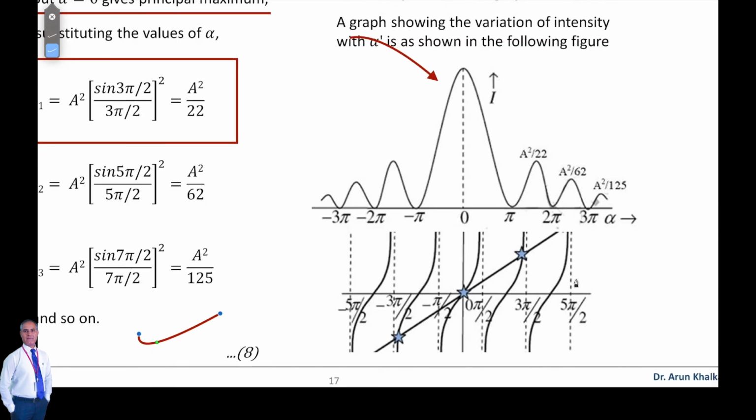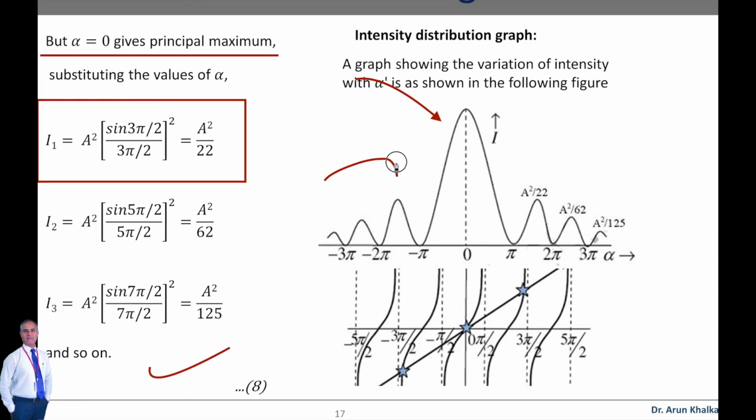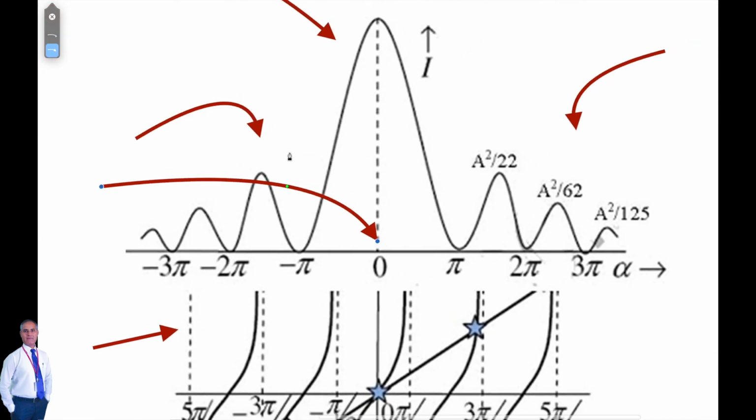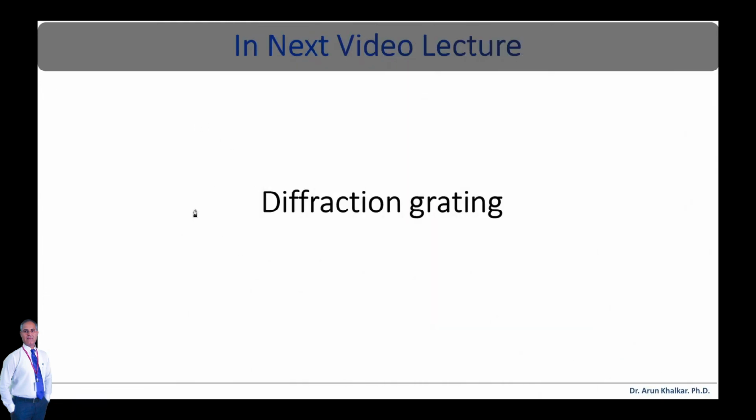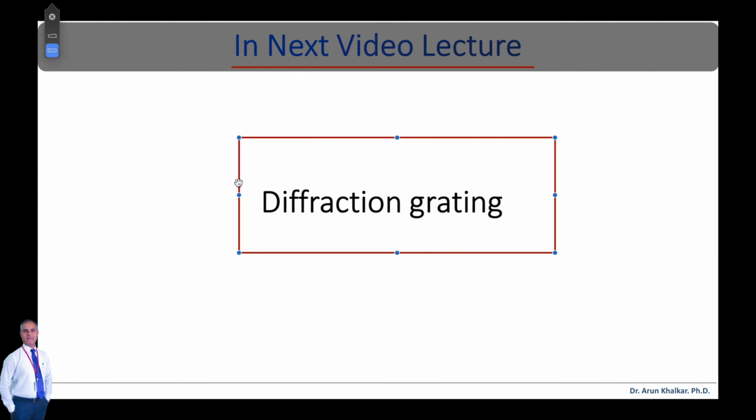So this is all about the diffraction at a single slit, and we have calculated the equation for the intensity at the center, that is at point P0, where there is maximum intensity, which is the principal maxima. Similarly, we found the intensity values for the secondary maxima and so on. If we divide this single slit into n number of slits, then that assembly is called a diffraction grating. The detailed explanation about the diffraction grating we will discuss in the next video lecture.